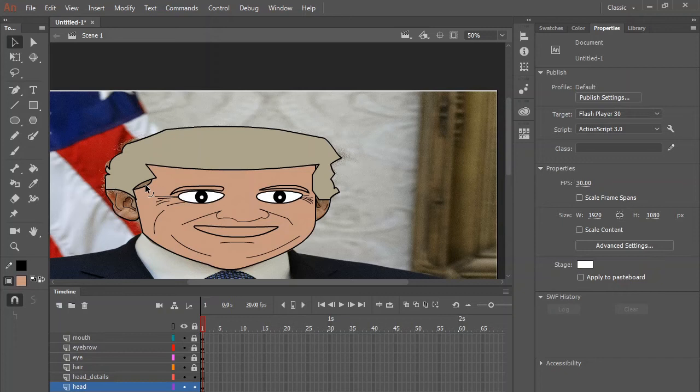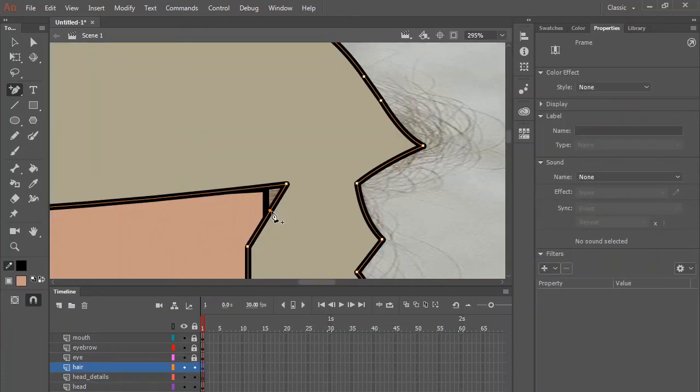In fact, we can add a new point. New point here with our selection tool and move it here. Okay,